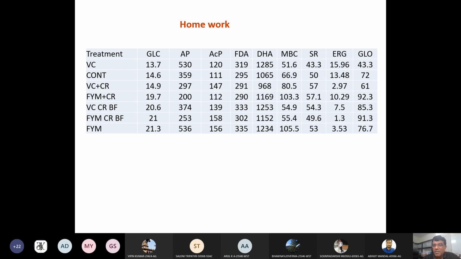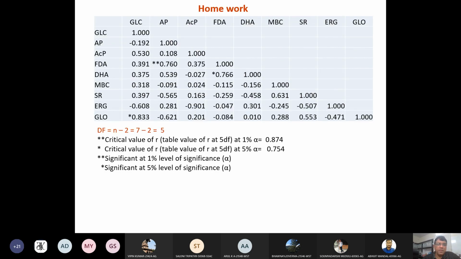So you want to see the relationship between these variables. First is glomerase content. This is enzyme, acid phosphatase, alkaline phosphatase, FD, and so on. So you can do this exercise in your Excel program. You can try. Next time, if I get a chance, I will explain it to you in Excel if it can be run online. So you get a result like this.